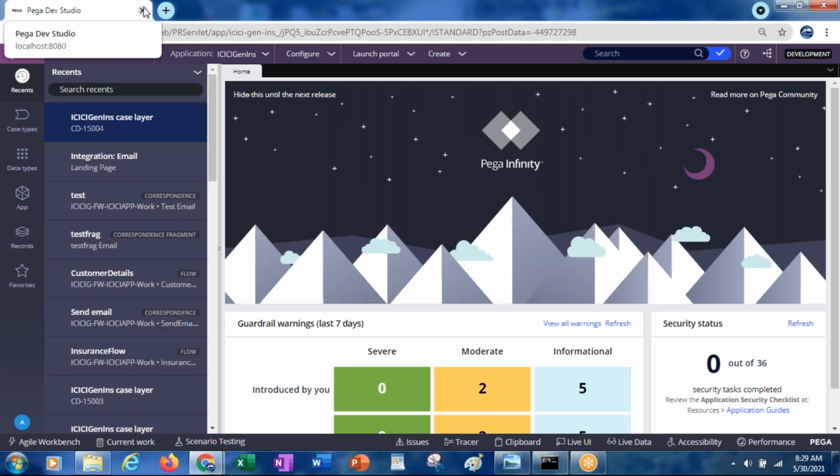Okay, so in the last class we discussed rule availability, right? Rule availability and circumstance we discussed. Today we will be discussing email. Email mainly has two types. One is inbound email and the other is outbound email. So what do you mean by inbound email and what do you mean by outbound email?